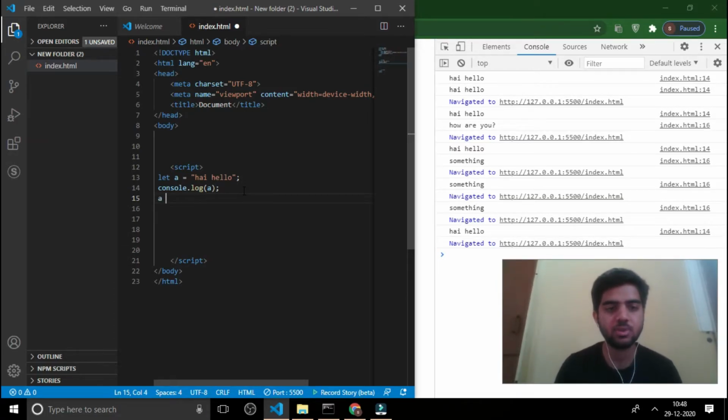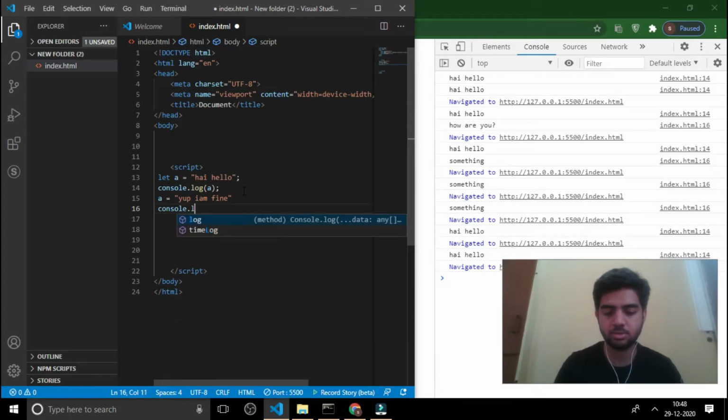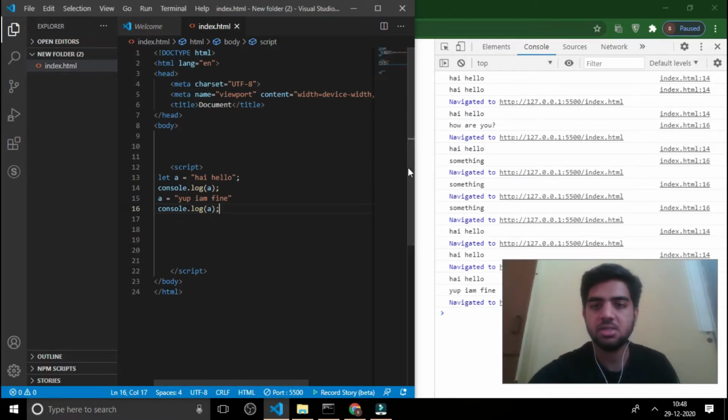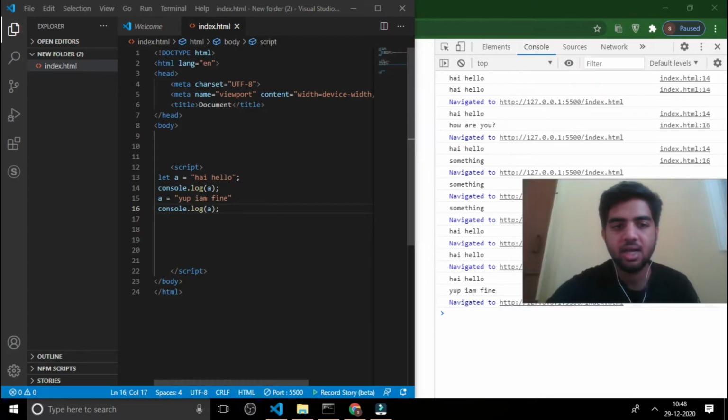Let me show you. a is equal to yep, I am fine. And when we console.log a, you can see that hi hello has been printed here, and in the third line of code inside the script tag, the value yep, I am fine has been assigned to a.